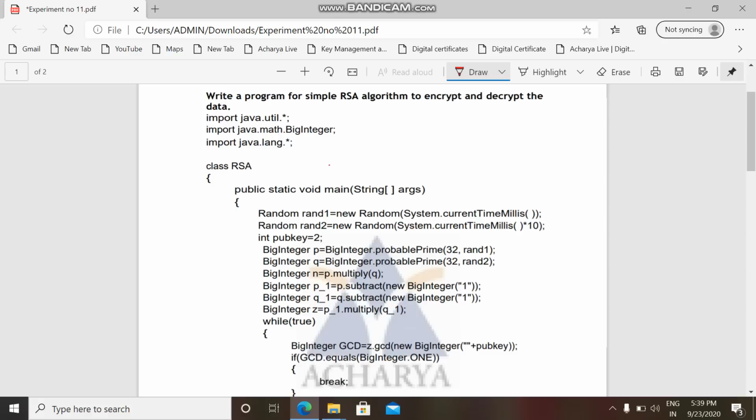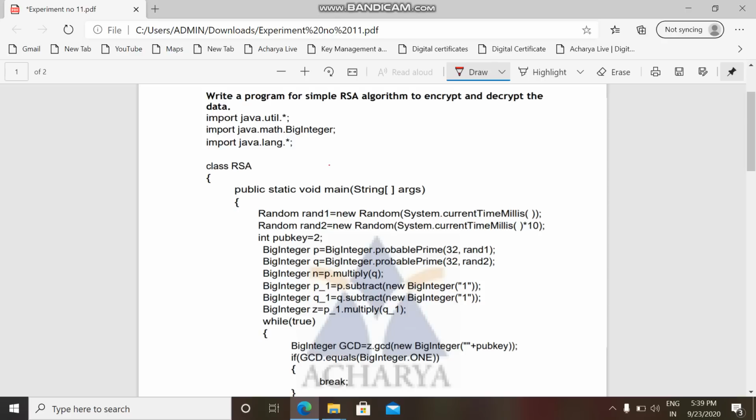The second step is n is equal to p into q. What is the third step? z is equal to p minus 1 into q minus 1. Now here we are subtracting this big integer p by 1 and we are subtracting big integer q by 1. So we get p minus 1 and q minus 1.